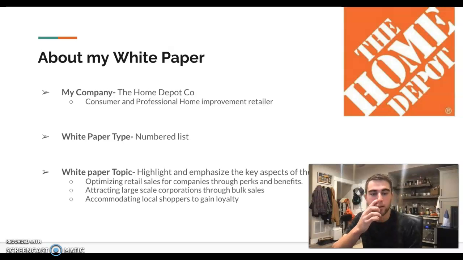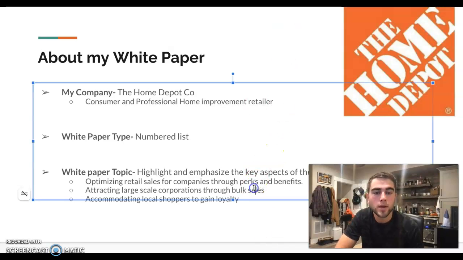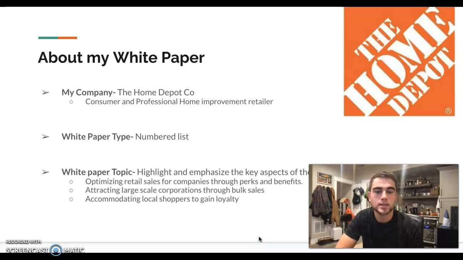And the topic of this white paper I chose to emphasize is the aspects of their services and bulk savings deals. So I believe this white paper will help Home Depot optimize retail sales for companies through perks and benefits, attract large-scale corporations through their bulk sale pro deals, as well as accommodating local shoppers to gain loyalty in this